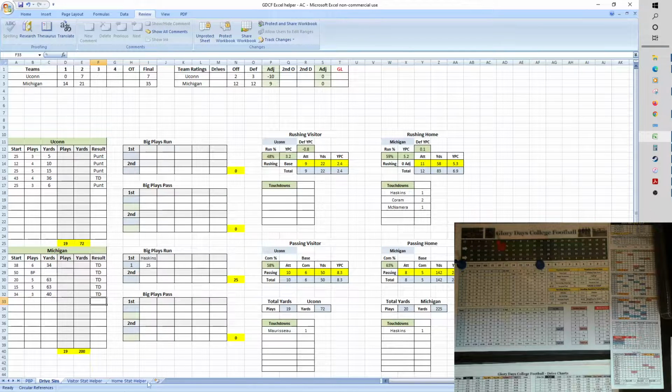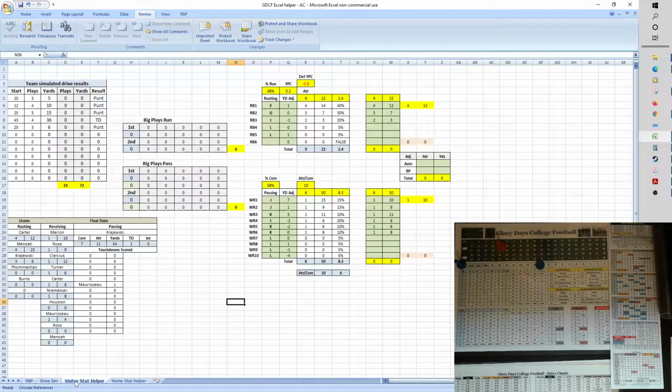So it's basically it. And then on the Excel helper page, you can see that this sheet pulls in what you entered on the drive sim in terms of yards per carry and percentage completion, percentage run versus pass, etc. And it does that for both home and visitor. And the only things you'll have to enter on this page, I